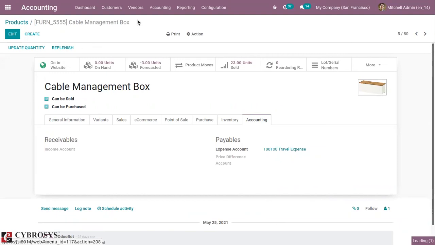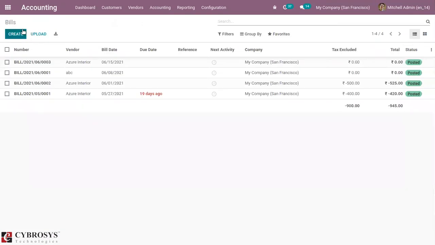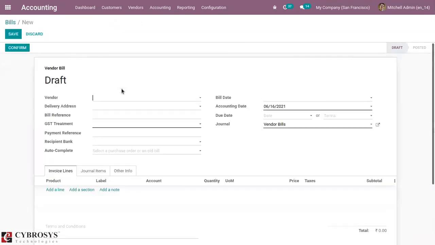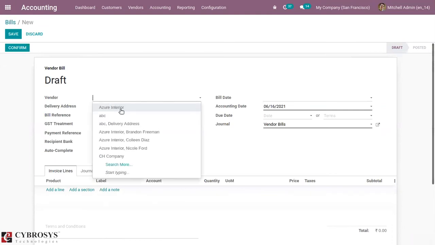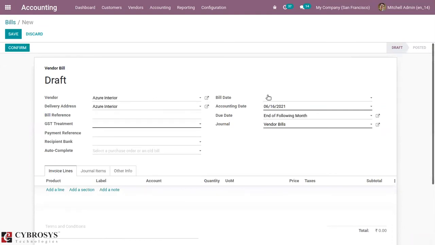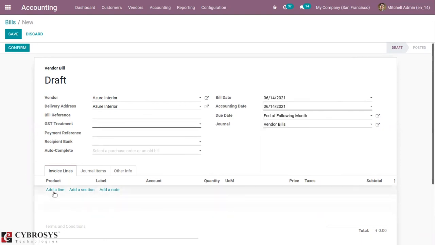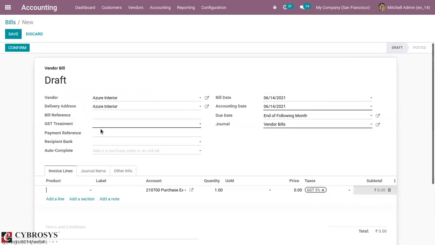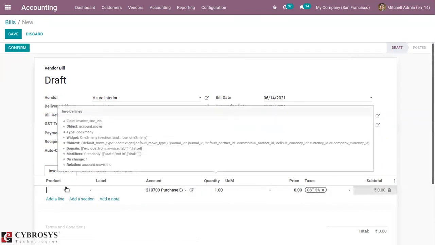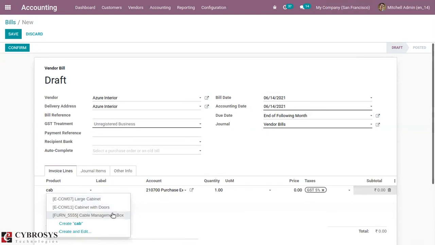Now I can create a vendor bill. Okay, here I'm adding the product cable management box.